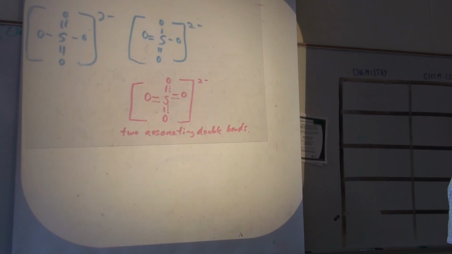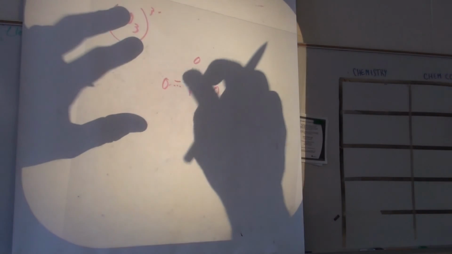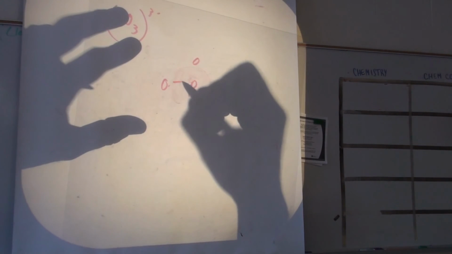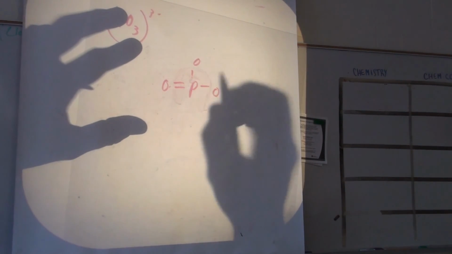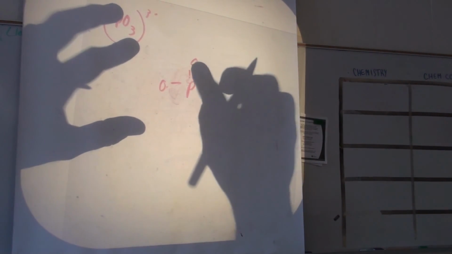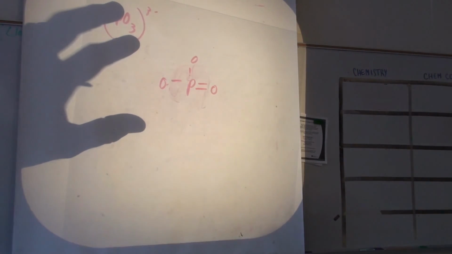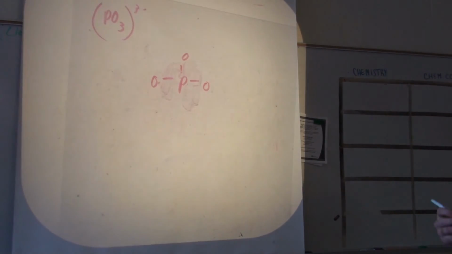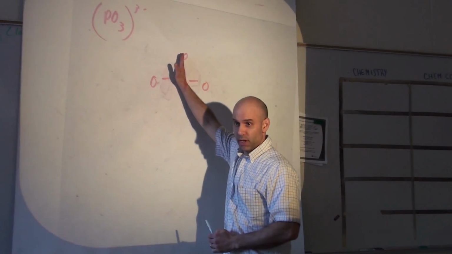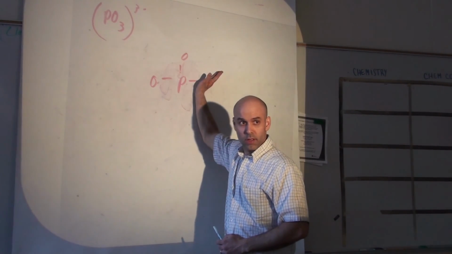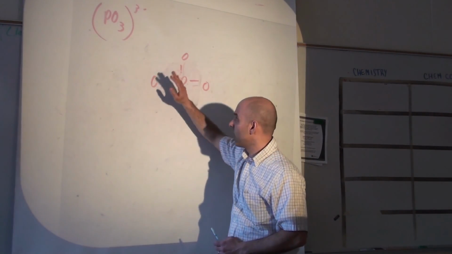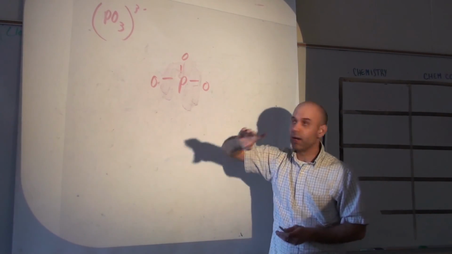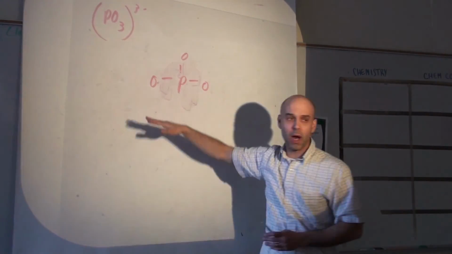Now, there are some false prophets out there that will lead you astray about the nature of resonating double bonds. The temptation is to think of it as that the double bond is moving from place to place. That's not true, okay? So if a teacher ever tells you that the double bond is moving, that's not true. It's more like you're taking that 1 double bond and smearing it all over the whole molecule